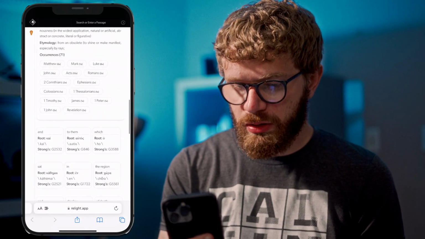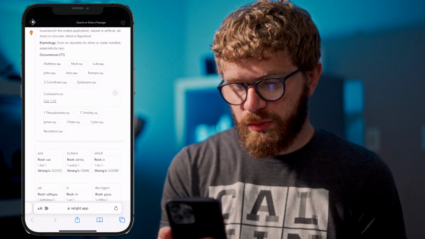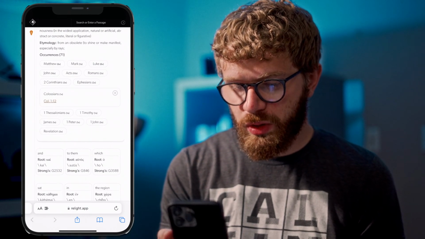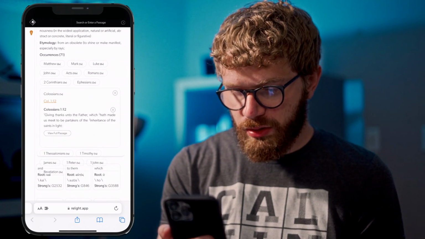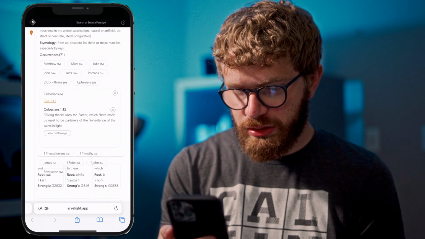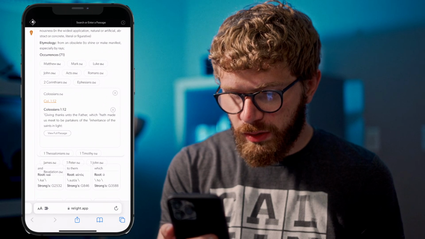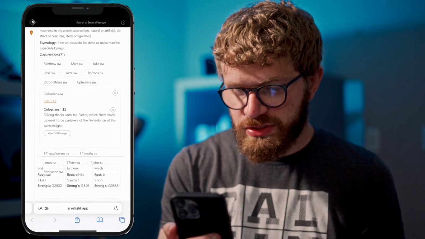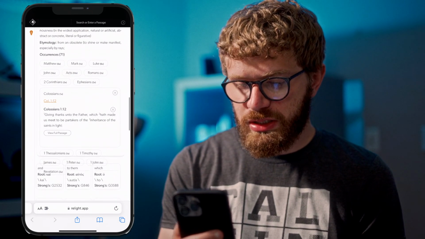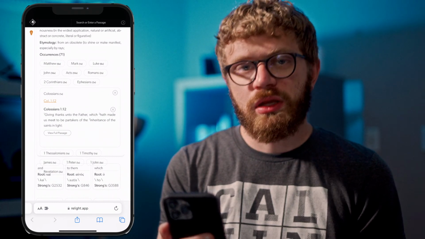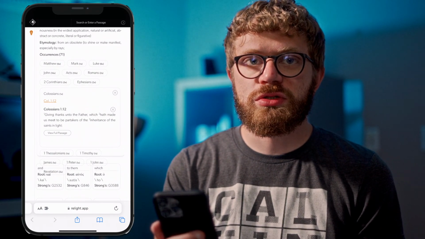So I can tap here and I can hit Colossians. We see that this word is used in Colossians 1:12. And right here we see that it looks like it was used in, here we go, inheritance of the saints in the light. So you can start to get a sense for the different ways that the word is used throughout